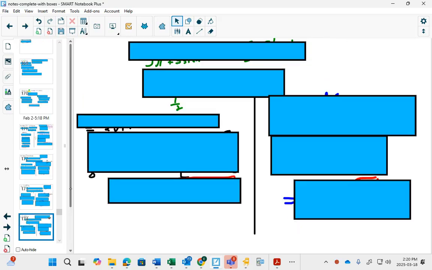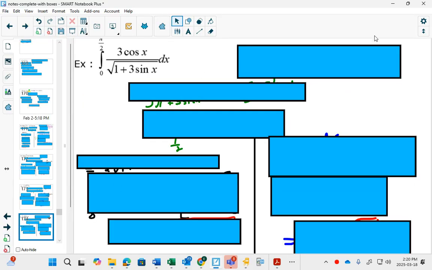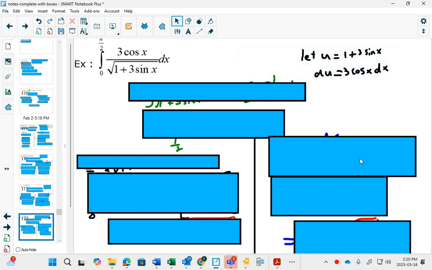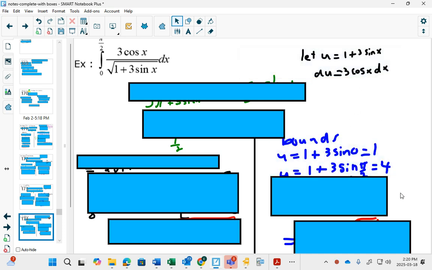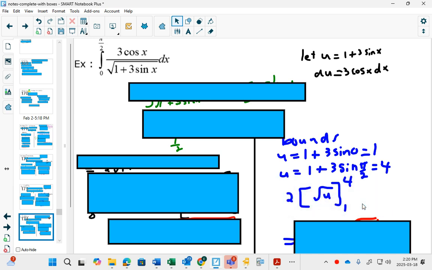And the last one, see how you did on the last one. So I would, again, once I find my new bounds, I would probably take the time to write. So I plugged in 0, that became a 1. I plugged in pi over 2, that became a 4. Even the numbers seem nicer to work with. And then I am left with 1 over the square root of u du,